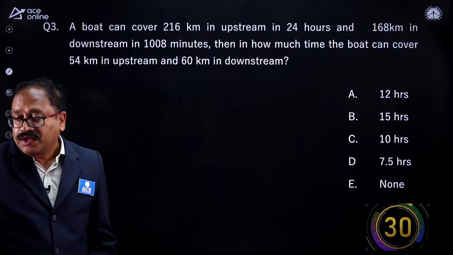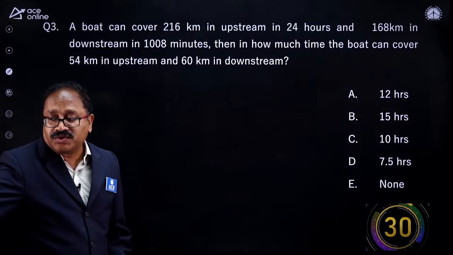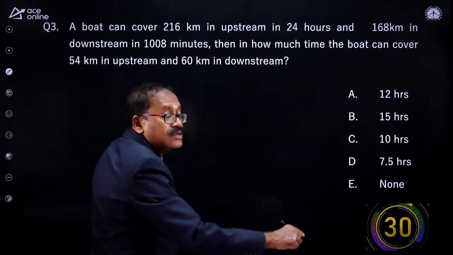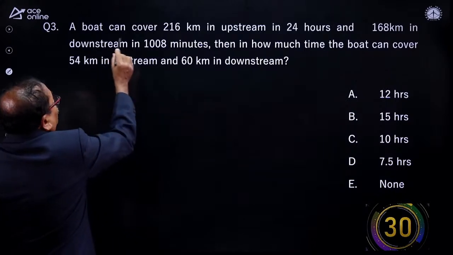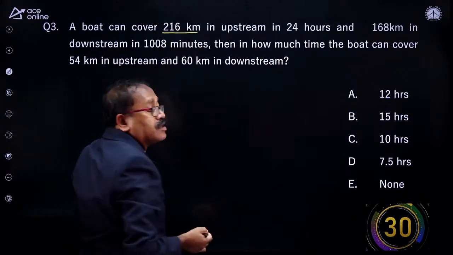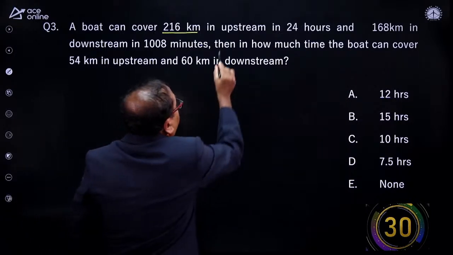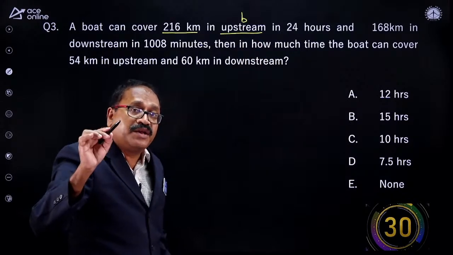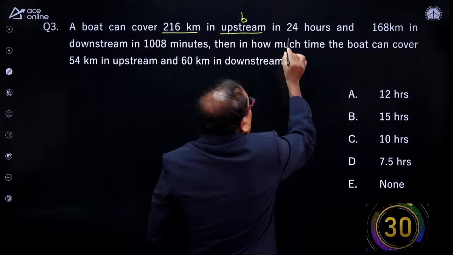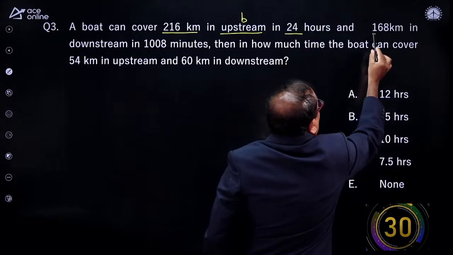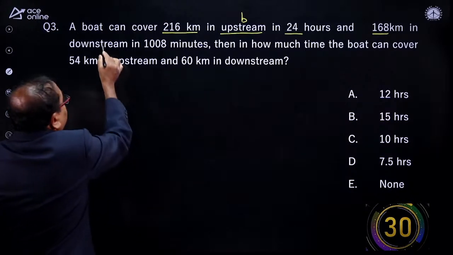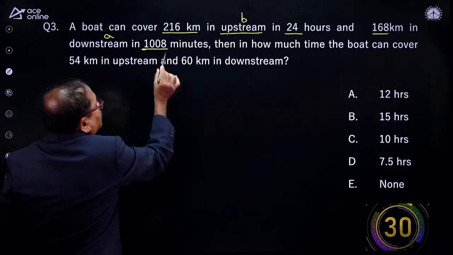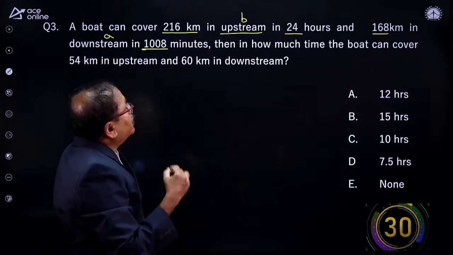देखिए द नेक्स्ट क्वेश्चन इज वेरी वेरी इंटरेस्टिंग क्वेश्चन। ये रहा आपका नेक्स्ट क्वेश्चन। अब इसको आंसर पहले हम पढ़ लेते हैं क्वेश्चन को। I will be reading the question here and then I will give the 30 seconds for you. A boat can cover 216 किलोमीटर अपस्ट्रीम। अपस्ट्रीम की स्पीड यूजुअली हम b मानते हैं एंड डाउनस्ट्रीम की स्पीड a मानते हैं बाय डिफॉल्ट इन 24 आवर्स and 168 किलोमीटर डाउनस्ट्रीम इन 1008 मिनट्स।